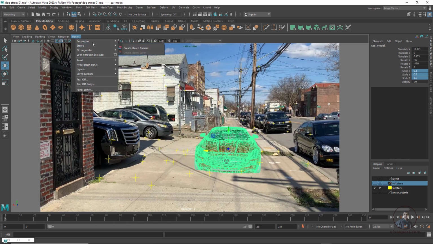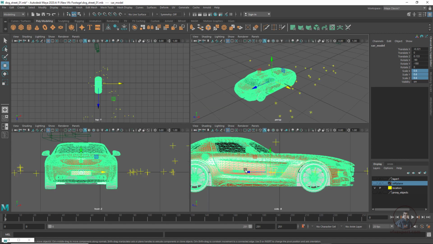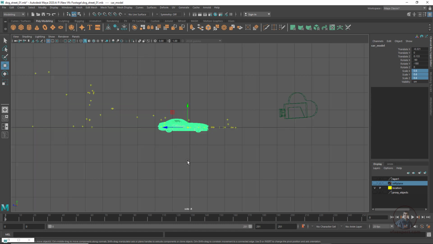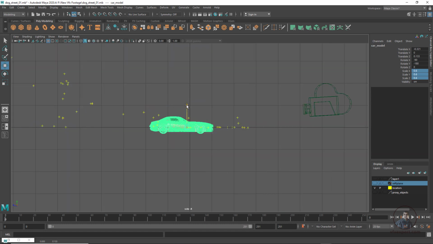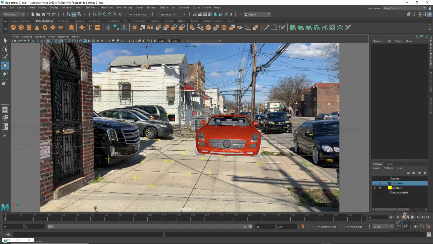Then come here in our perspective view, and we have to enable our grid, because all models we have to place on top of this grid here. Then in orthographic view, we can see and just place here on our grid. So this is an important thing here. Now again come here in our camera view. So now just play and check. So just test our scene here, just hide this grid. Even locators you can hide. Now just play and check here, only for testing purposes.